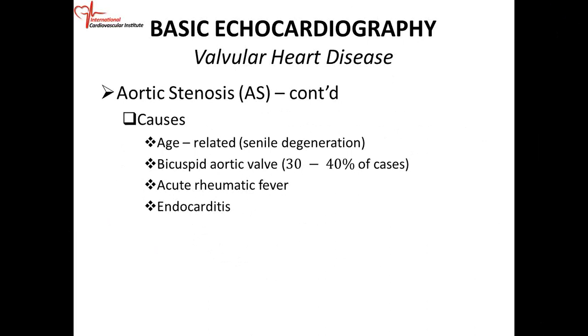It becomes thickened and calcified, and because of that, it doesn't open properly. It's very, very common to see someone at age 90 with no medical problem but present with significant aortic stenosis. And that was one of the reasons why we developed TAVR,